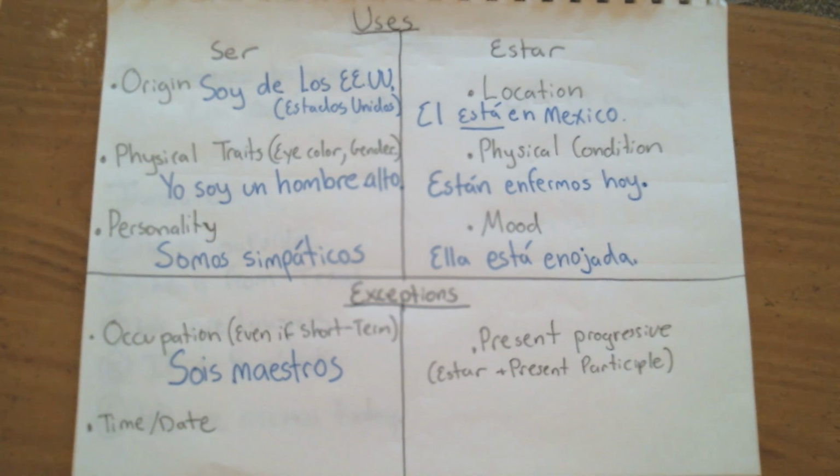Now, I have a theory as to why that is. I don't know if this theory is true or not, but it's a helpful little story to help you memorize why you use ser for occupation. I theorize that when the Spanish language was developing back hundreds of years ago, people didn't have the same kind of economy that we do now, where if you wanted to change a career, you could just go to community college, get a new certificate, and then change careers or something like that.